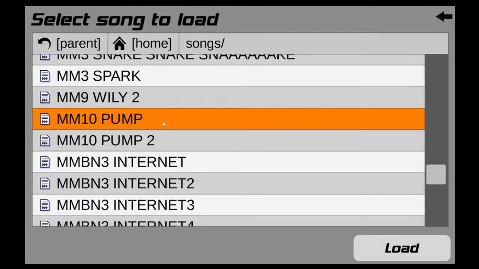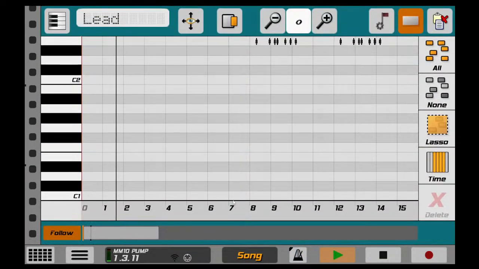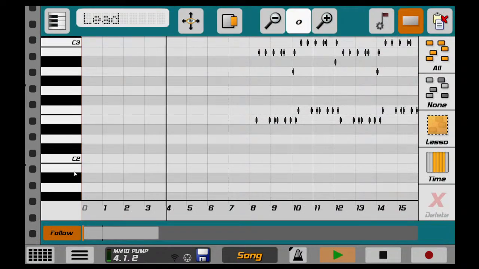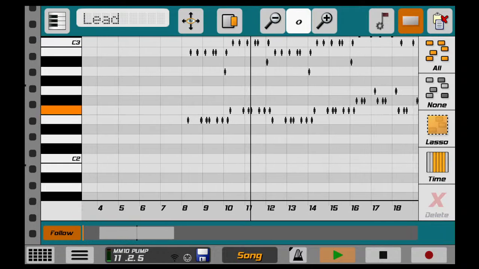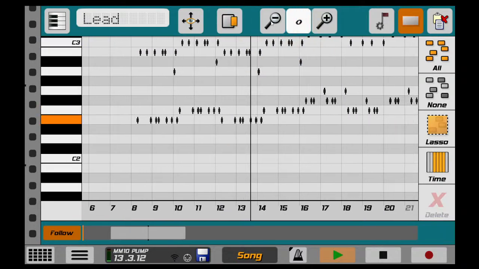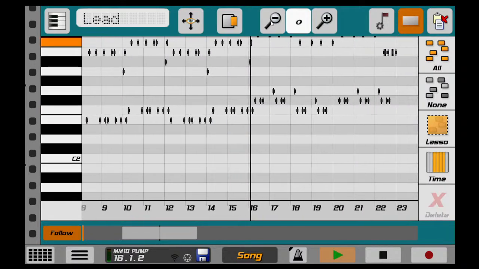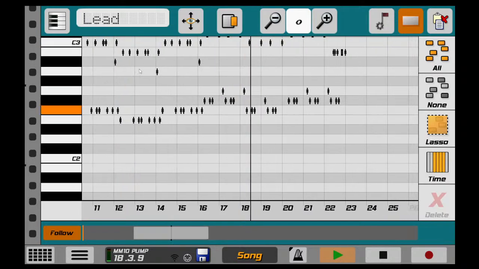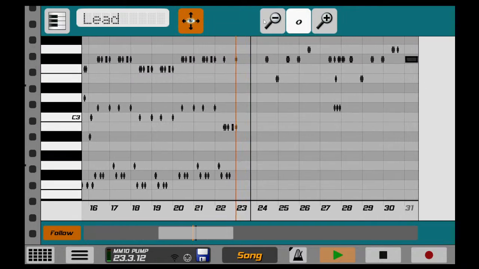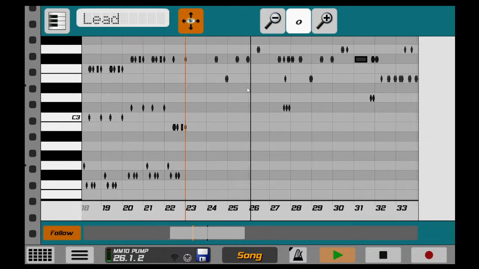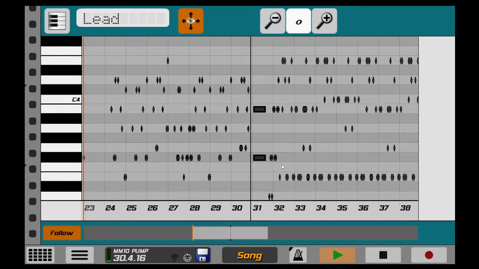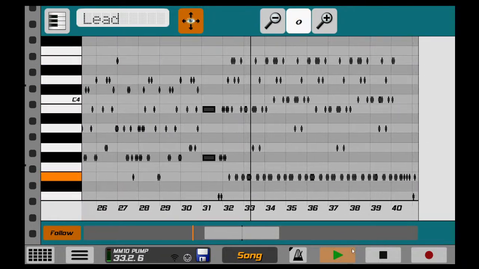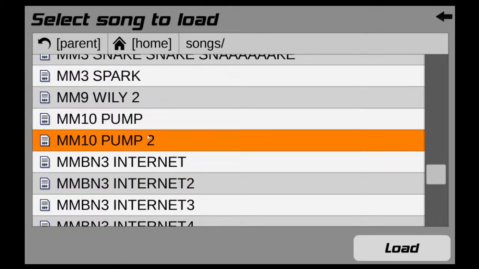Anyway, I'm gonna play a Pump Man from Mega Man 10. And then check out this little tweak I did to it. It sounds so weird, but